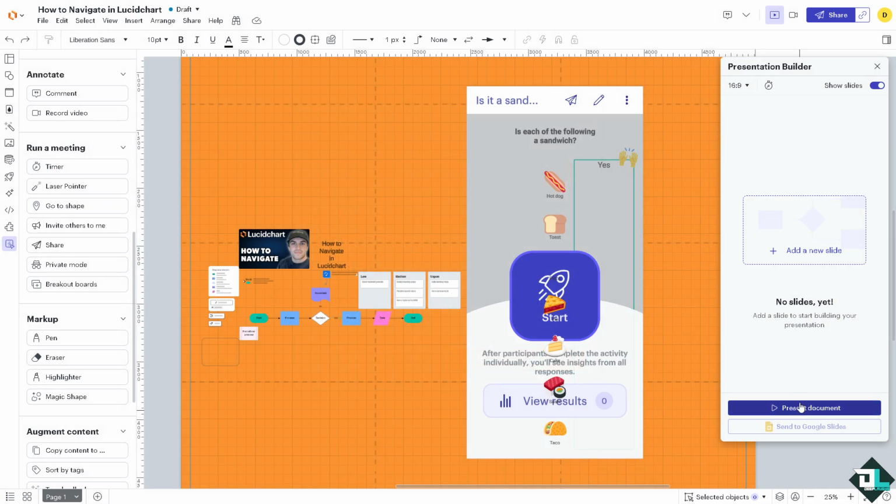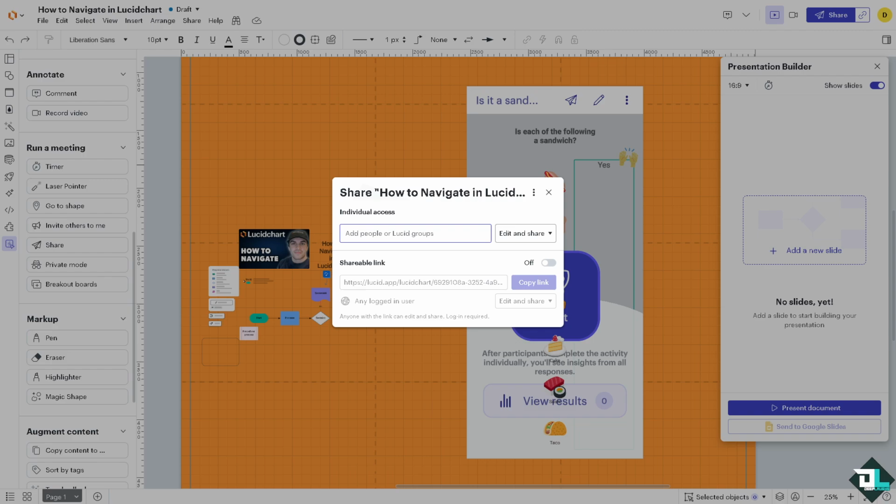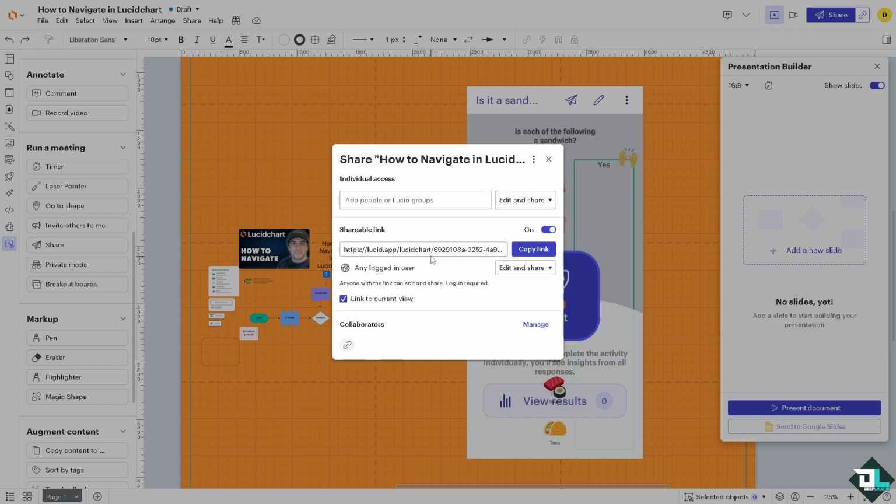It can also present this document. And then the share button here is something that if you want to share to a collaborative features, for example, you want to click the share button in the top right to add comments by selecting a shape. All right. It allows multiple people to work on this specific file. You can add their name here or the email, and you can also slide this toggle on to get a